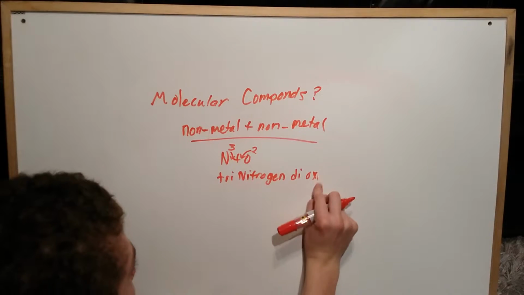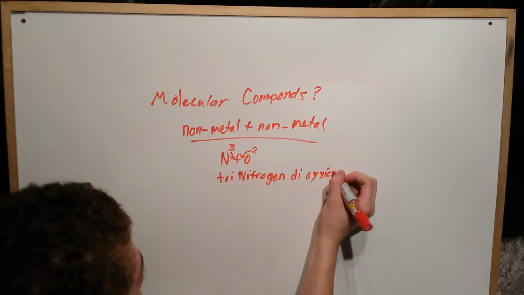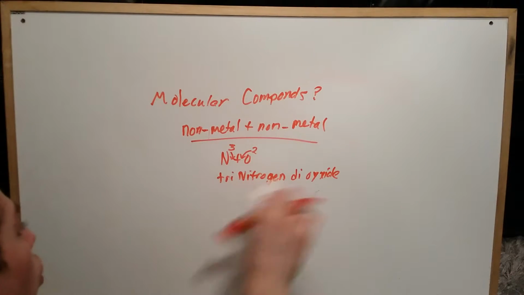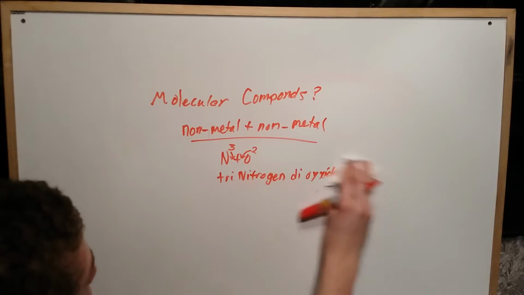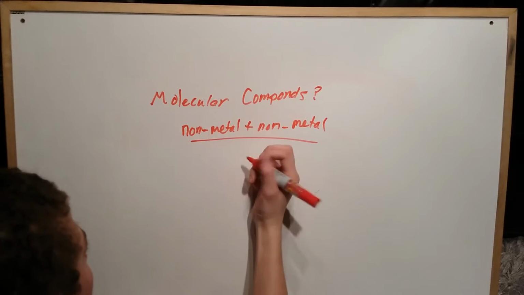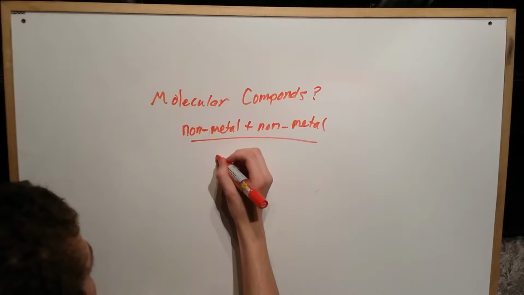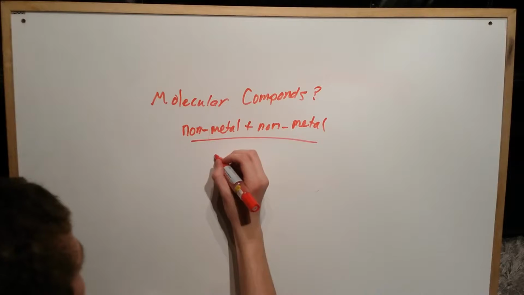Oops, my bad. Sorry. Oxide. Nitrogen oxide. So that, if you can see it there, is how to do a molecular compound. We'll do one more and then I'll release you. So for our last one, we'll do sulfur